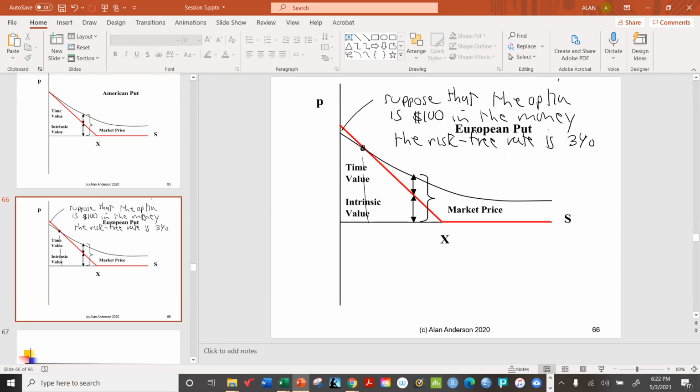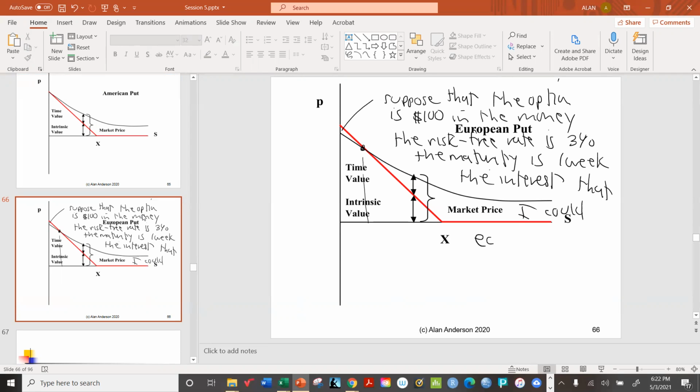How much could we earn? Suppose that this was an American put, and I could exercise it right now and put it in the bank for the rest of the week. Okay, so let's say that the maturity date is in 1 week. So the interest that I could earn by exercising now